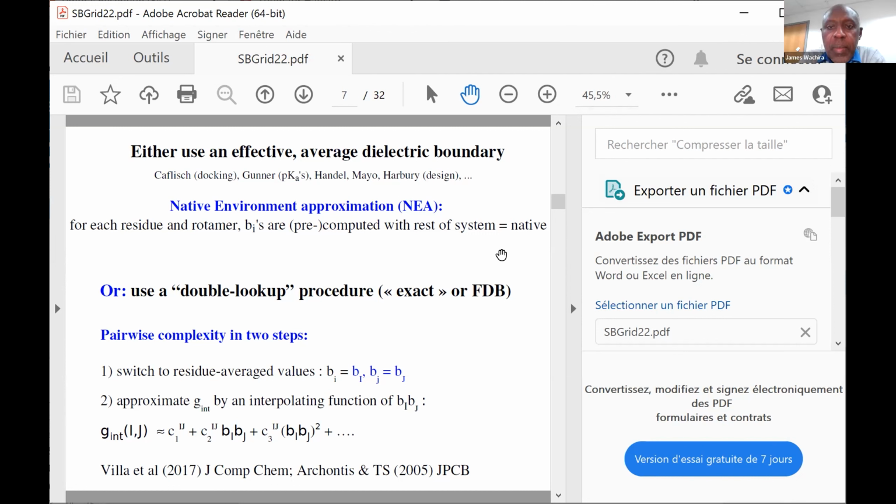And by the way, we can do more than 4 or 5 positions because we can just do 4 or 5 at a time. But you can cover the whole active site 4 by 4. If you have 20 active site positions, covering it 4 by 4 doesn't mean you do 5 times 4 positions.